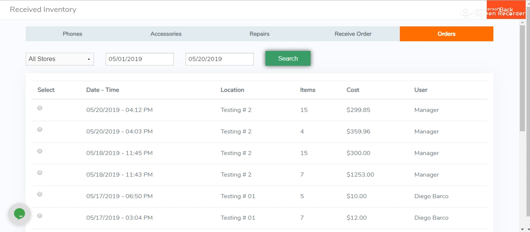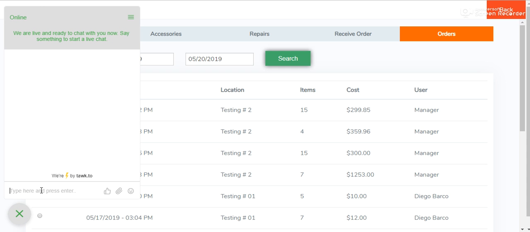It's simple, it's quick, but if you do have any questions, you can always click here on the chat box on the left bottom side of the screen. Type in your question. You can say, "Hi, I need help." And either myself or one of my colleagues will immediately pick up the chat and give you a solution within a minute,